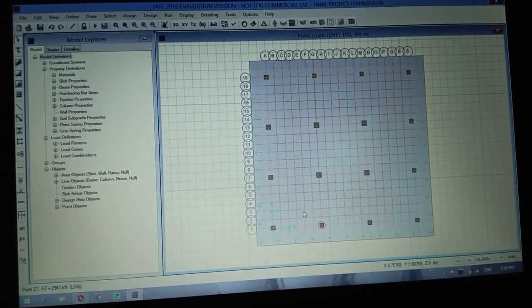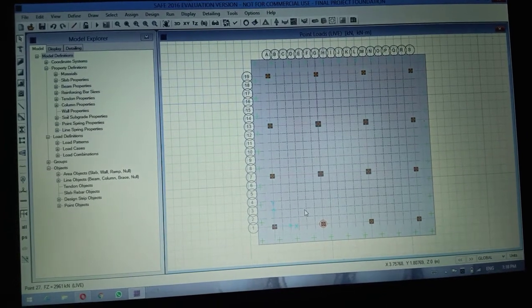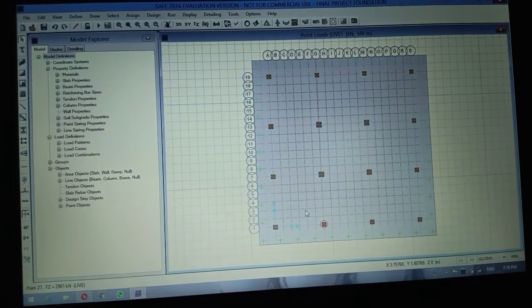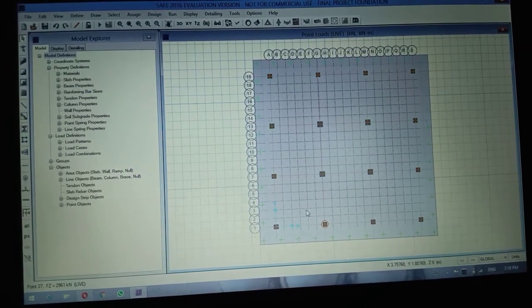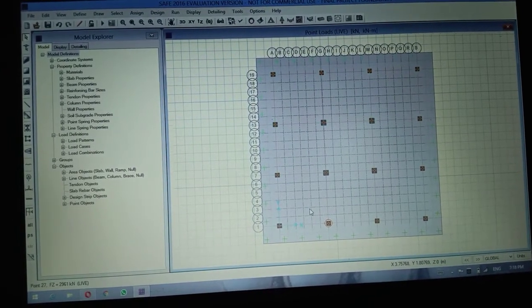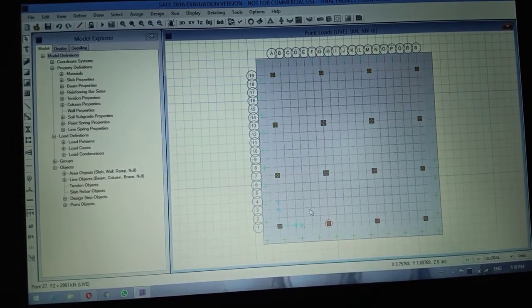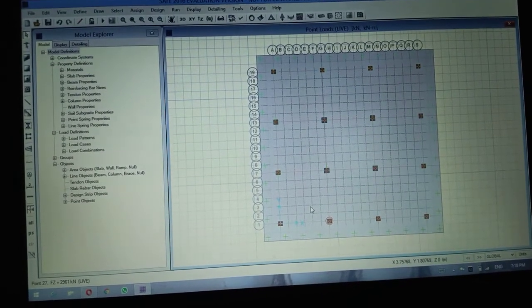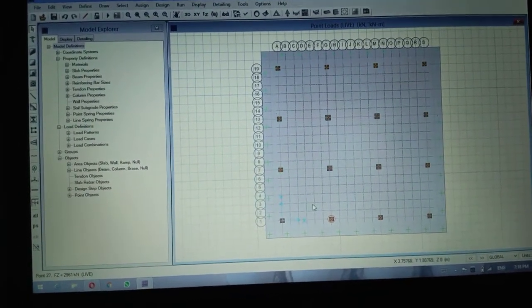For the tall building, we are considering a mat foundation. We know that a mat foundation comes under the shallow foundation. A shallow foundation is a type of foundation where the depth of the footing is less than the width. We have already applied the loads, live load and dead loads, to the foundation, and we have given the materials like M40 and HYSD.